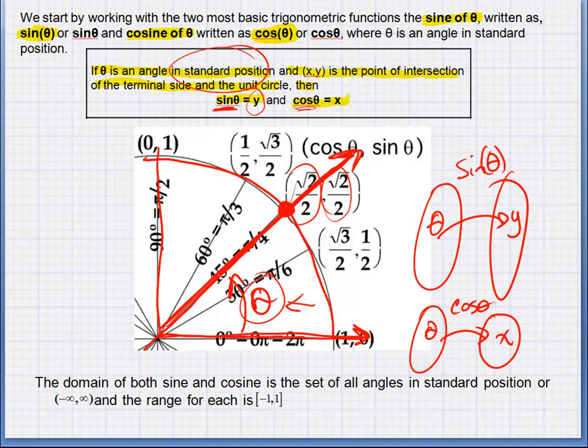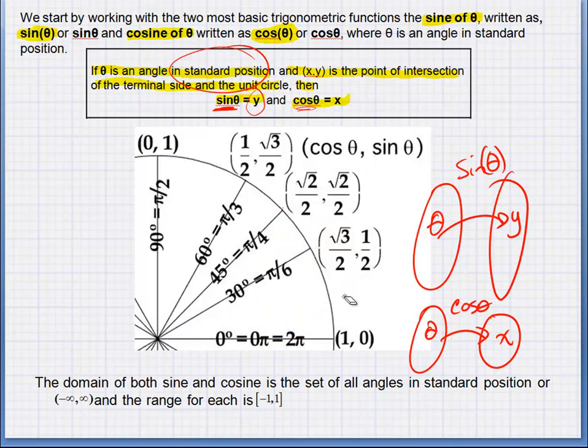Okay? And that's how these functions work. Like you have certain functions that we've already learned about, like the squaring function. What do they do? They match a number with the square of that number. Well, these functions match an angle with an x or y coordinate based off of an intersection point with this angle's terminal side and the unit circle. So if you know the intersection point for certain angles, then you know what your answers are going to be for given angles. And that's sort of what we need to learn,